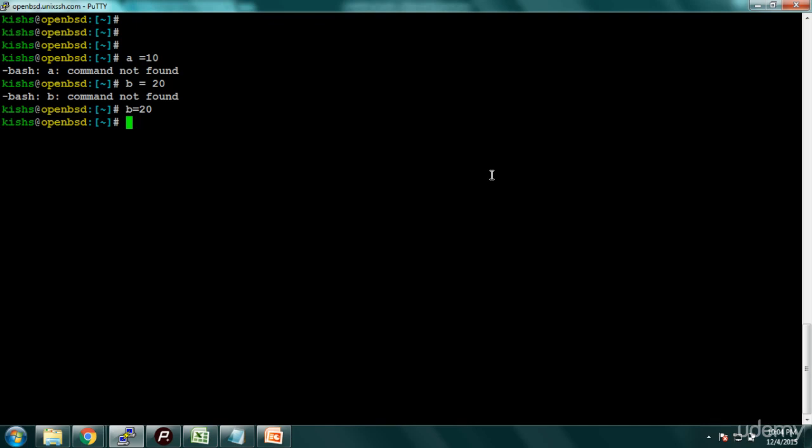The next is that there is a difference between cases. If I have name is equal to Tuhina, or I have NAME in caps is equal to, say, John, we have two variables, one in caps and one in small.